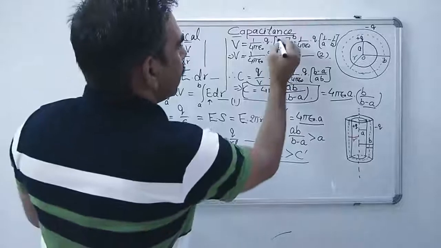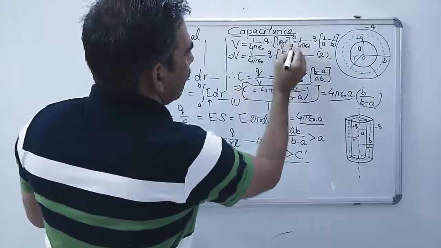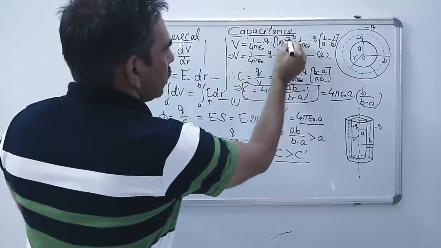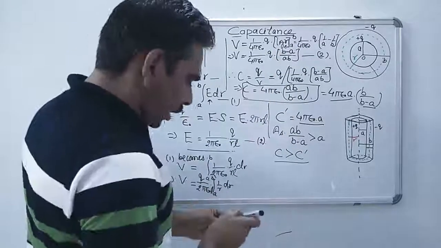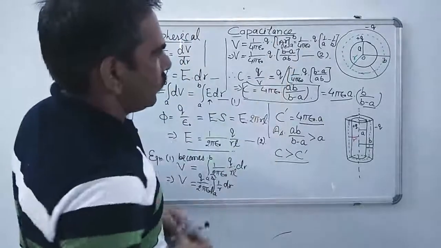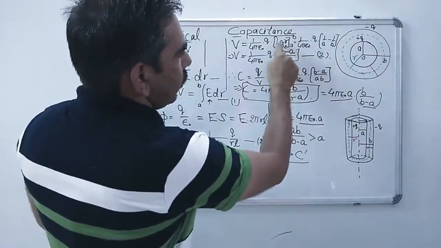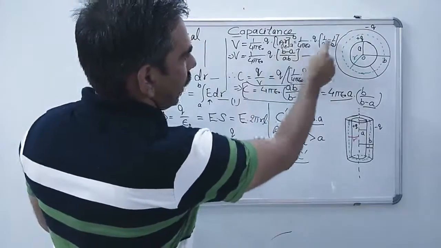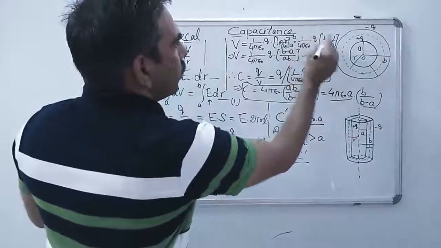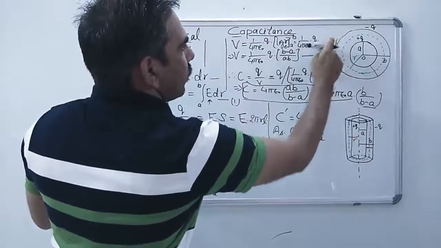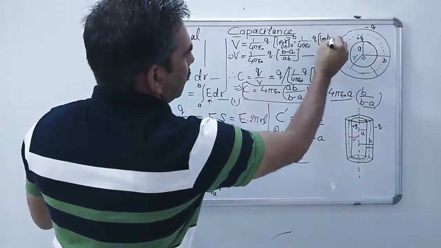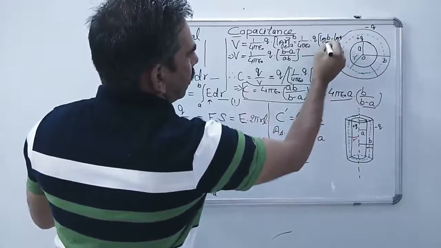It is nothing but log of r to the base e, because this is the identity that the integration of 1 upon r is always equal to log r. Whenever we substitute the limits, it becomes log of upper limit, log b, minus log a. So it takes the form log b minus log a to the base e,